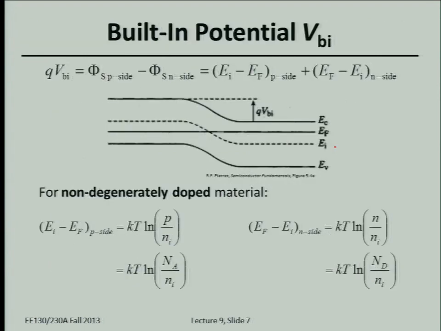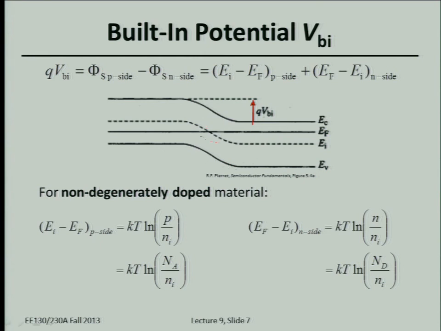So let's derive the equation for the built-in potential, which, as was pointed out by Ali here, is just a difference in the work functions. Bottom line is the difference in the work function on the p and n side. But if you look at this energy band diagram, hopefully you can see that this total amount of band bending here with 0 volts applied